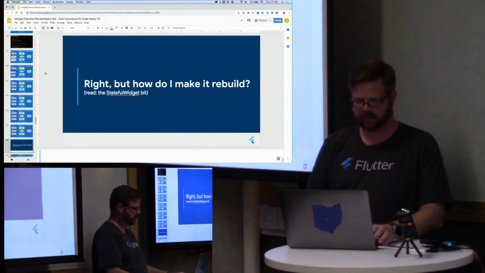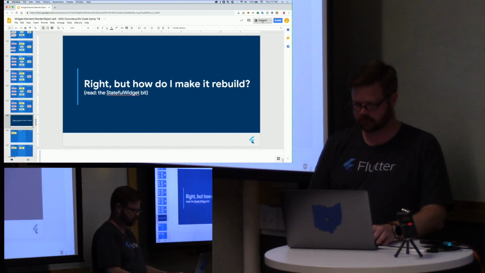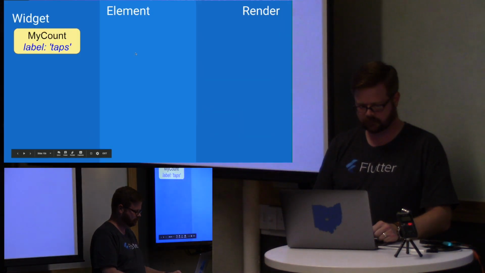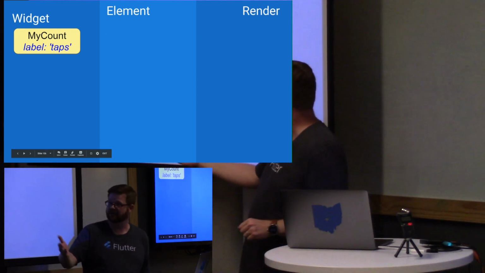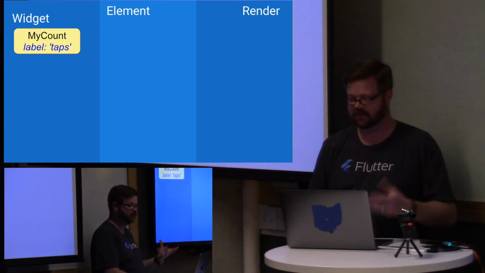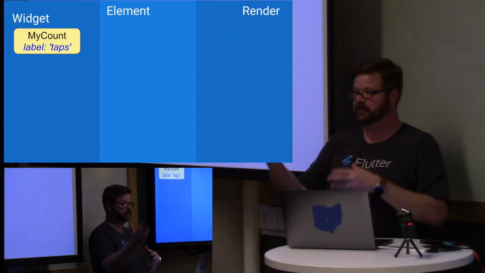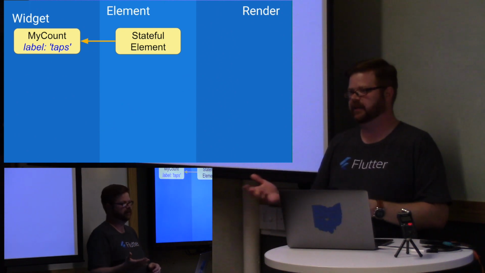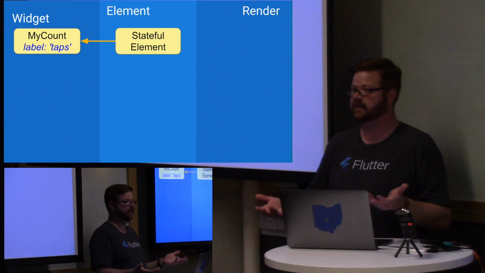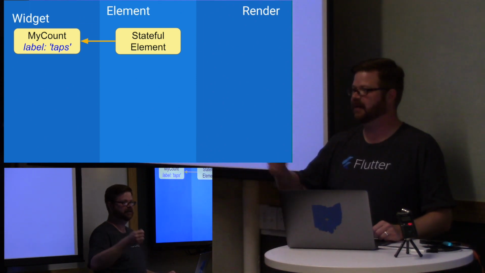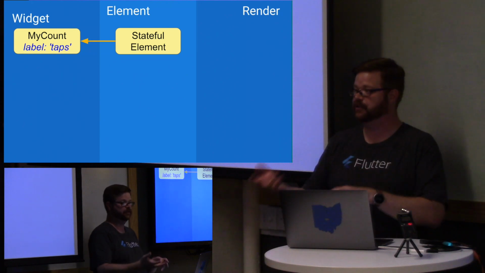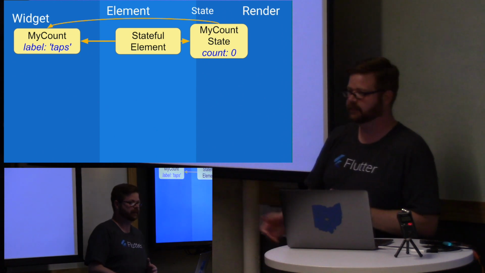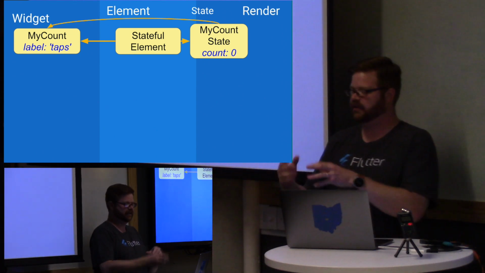What happens if I go and try run app with that. Start with my widget, just like always. It has a label of taps, that's its configuration. And Flutter goes, okay, make me an element, I'll put you on screen. So it gets a stateful element. Stateful element is an element that knows how to ask for and then hold on to a state object. So instead of creating a render object or asking for children, it says, hey, can you create a state object for me? And the widget says, sure, here is the state object that matches me. It calls that create state method,